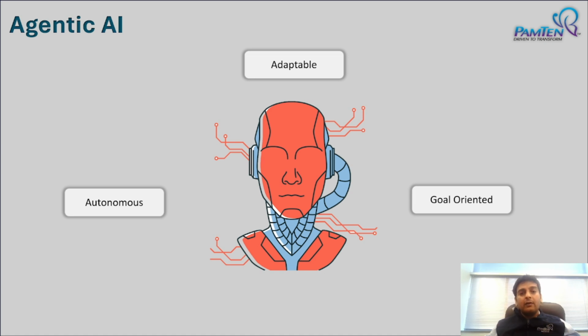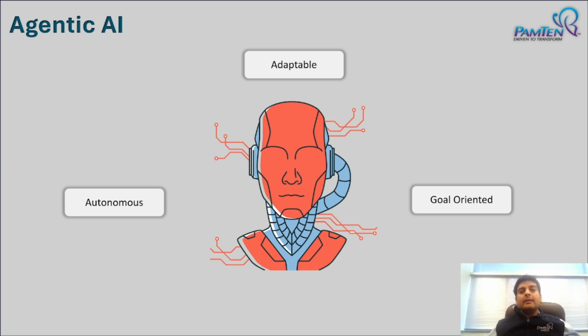And the most important part of agentic AI is it is goal oriented. Now, earlier, when it came to traditional AI systems, they were command oriented. And what I mean by command oriented is it will give you a solution, but only for the command which you ask for. So if you ask Siri, hey, what is 2 plus 2? It will tell you what is 2 plus 2. But maybe if you ask Siri a very complex mathematical algorithm, it will not be able to solve it for you. So here, when it comes to agentic AI, the idea is to solve the overarching goal and not just that one particular command which you give to it.